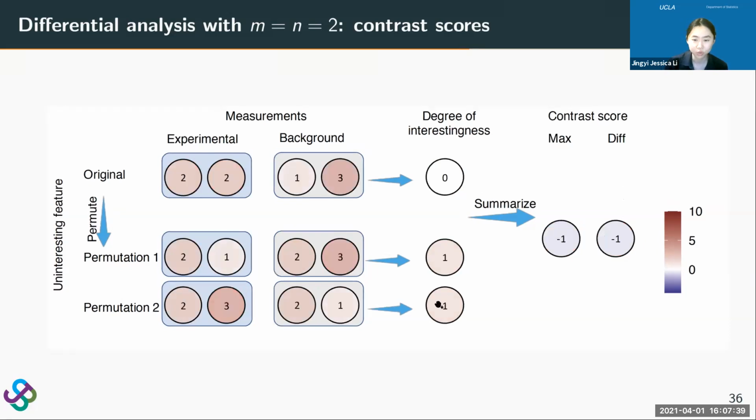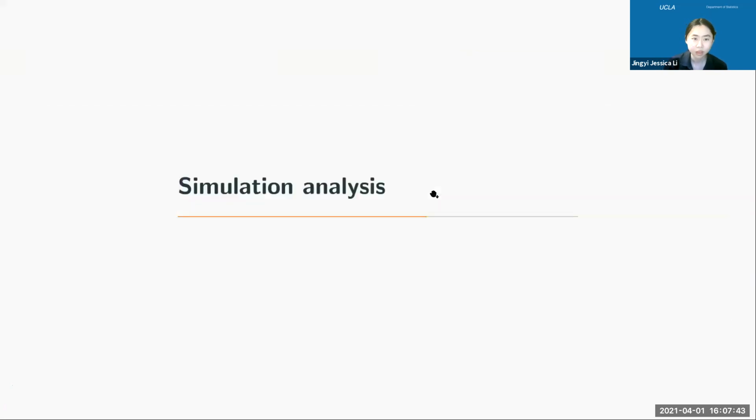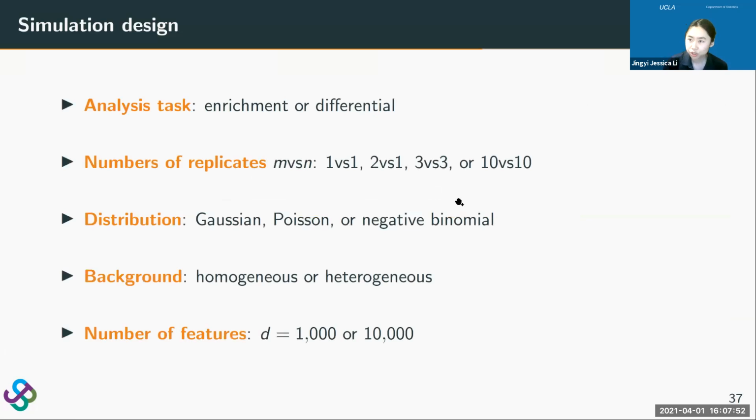And also here, so we don't have negative sign in the degree of interestingness anymore. All right, so with that, that's how our ChIP-seq framework would work for different analysis scenarios. Next, we're going to show some simulation to verify that our approach is indeed working and also has some advantages